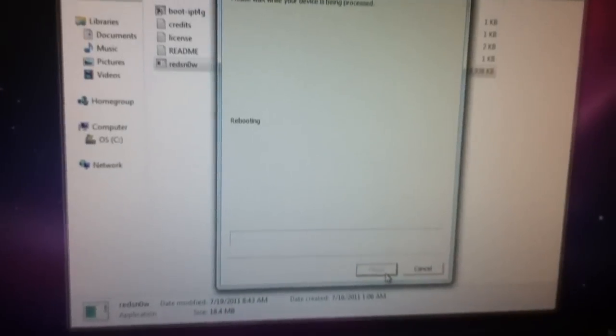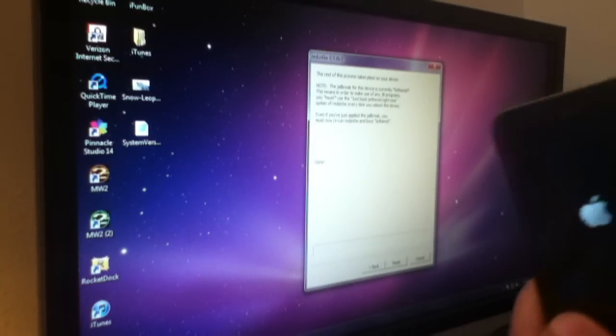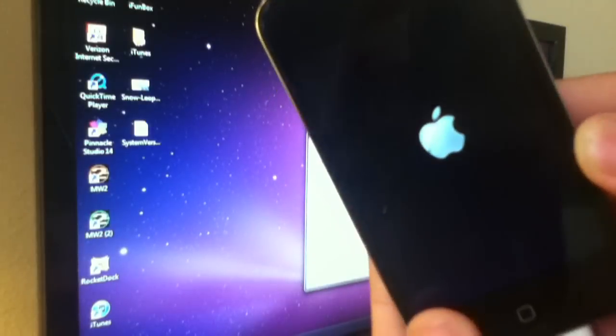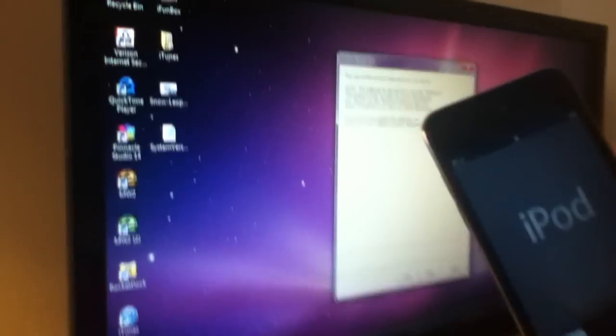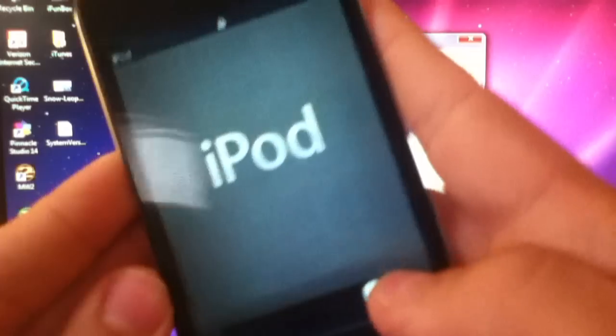So it's finished putting it into DFU mode, and just let it do its stuff one more time. This is the last jailbreak you're gonna have to do in this video. So I'm gonna return to you guys once more after it's done its full jailbreaking process. So it's finished jailbreaking, and right here you see the Apple logo, and now your device is fully activated, and that's all you had to do, guys. So right here I'm just gonna show you